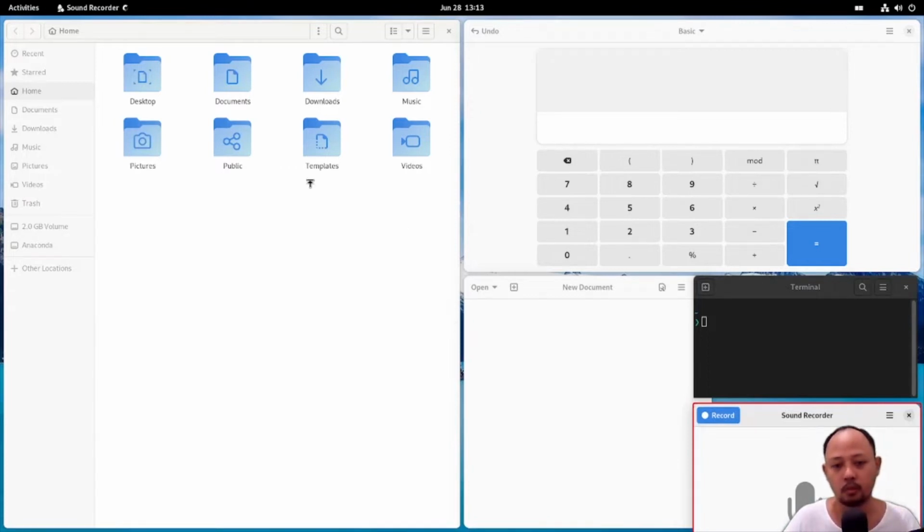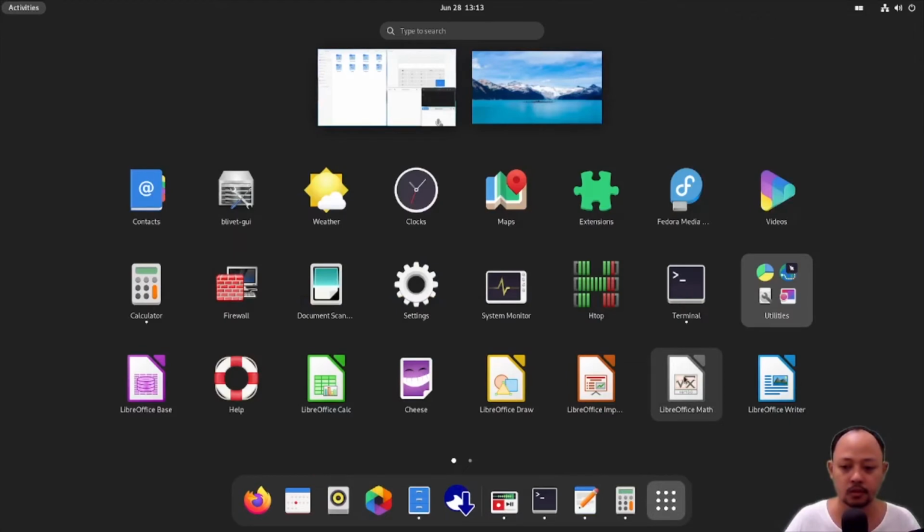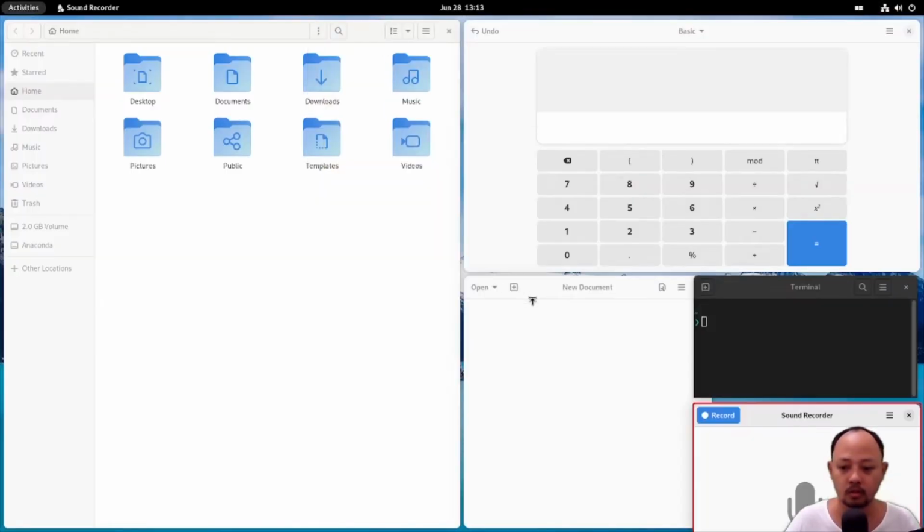So maybe if we open one more app, it will be here, I think. Let's try system monitor.